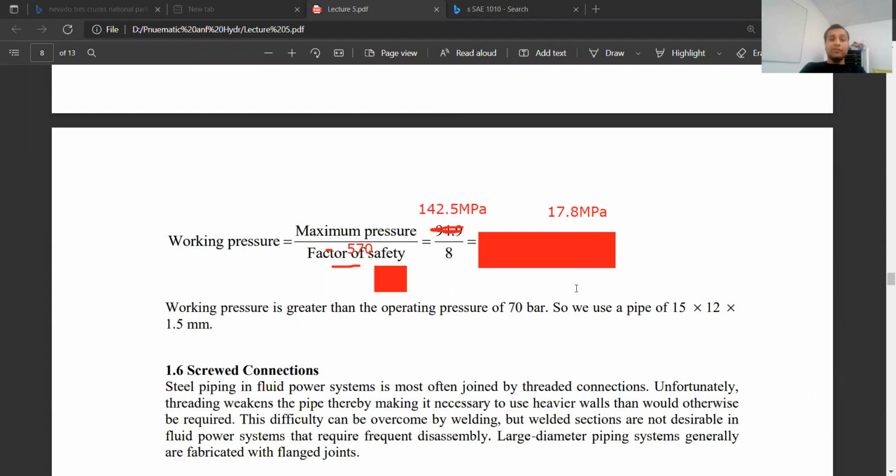Even though the factor of safety is not 8, it will be about double, we can still use that pipe. This pipe can be used. Okay, I will just save this one and